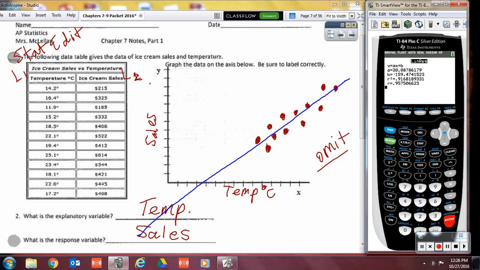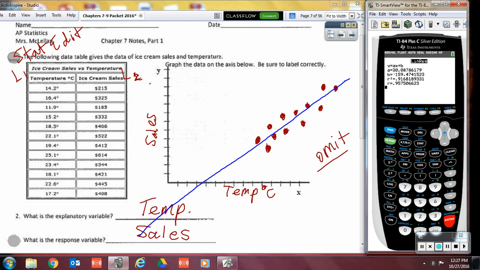Okay, good. So whether it comes on your calculator or not, I do need you to pay attention to how to get it to show up. I'm going to show you 2 ways to get the R and the R squared to show up, because sometimes, if you clear your calculator or various things, it might not show up and you need to know how. Way number 1: